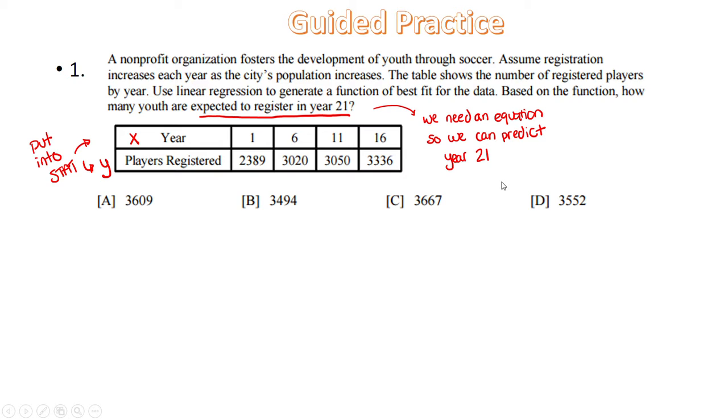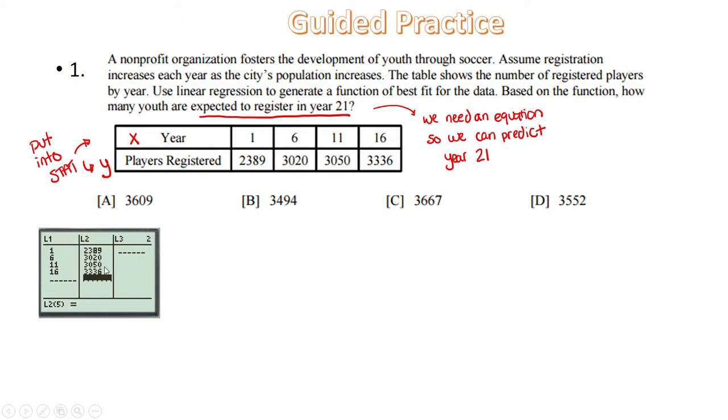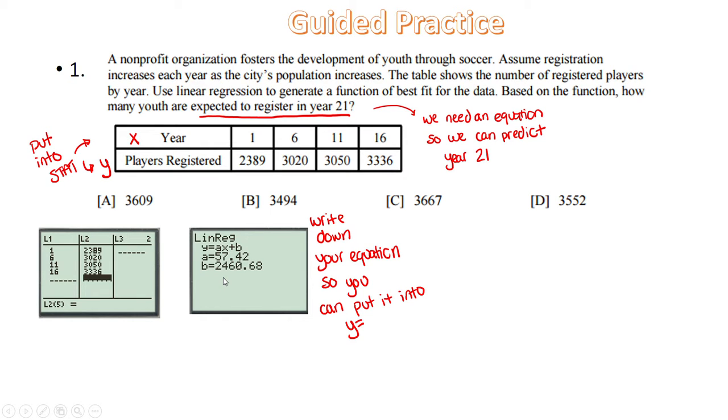So first stat, your top numbers are going to be your x's, which are your L1s. Your bottom numbers are your y's. So this is the first thing you do. Then you do stat calc 4 to have 57.42 as your slope. Your y-intercept is 2,460.68. You need to make sure to write this down